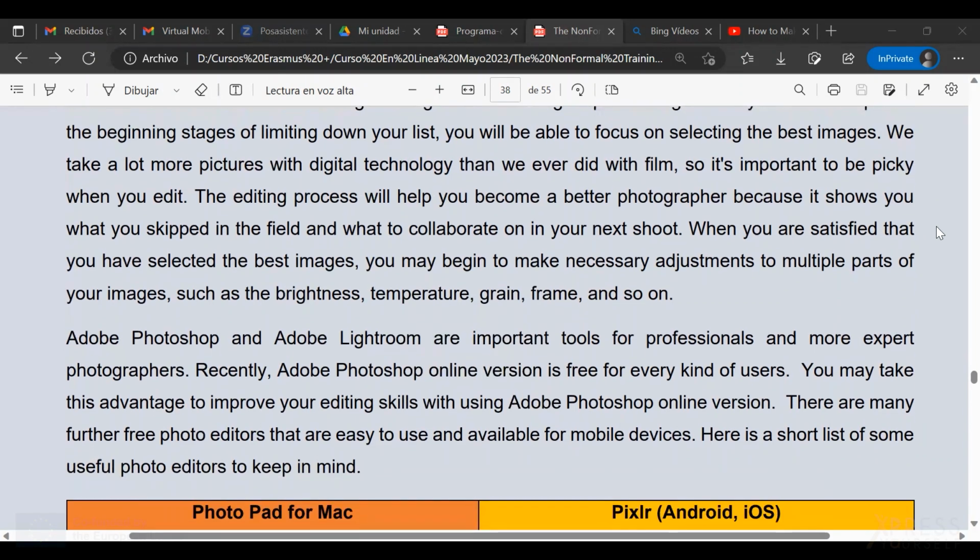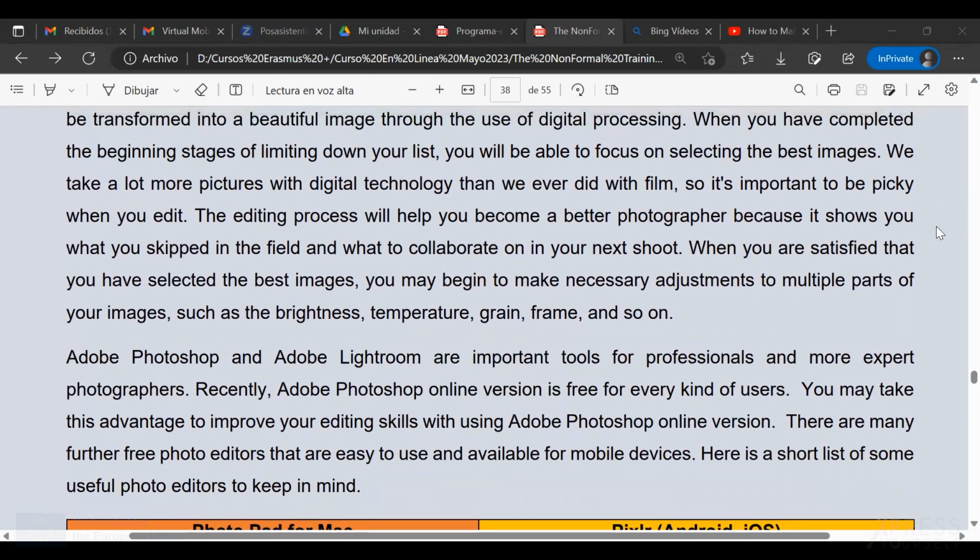So here comes the moment in which we think of which software we should use. We have already seen some of them at the beginning of this course, and we have to remember that Adobe Photoshop and Adobe Lightroom are important tools for professionals and more expert photographers, but we are not. So recently, there is an Adobe Photoshop online version. It's free for every kind of user, and we may take this advantage to improve our editing skills using